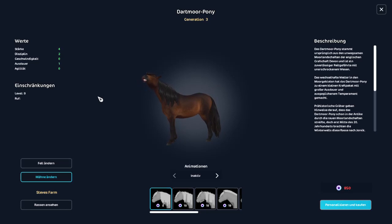This is another request that was sent in to me, and y'all are requesting horses that I don't really know that much about, which is good, a learning experience for me, and learn I did. So the Dartmoor pony,